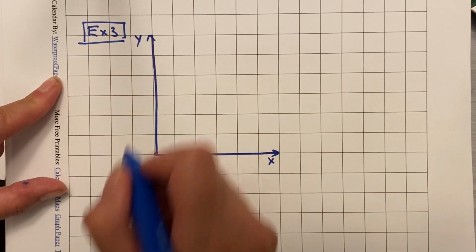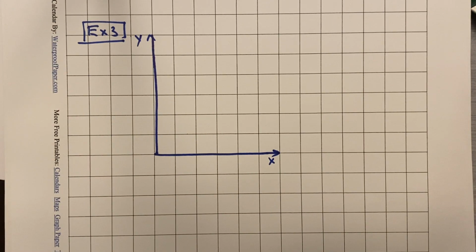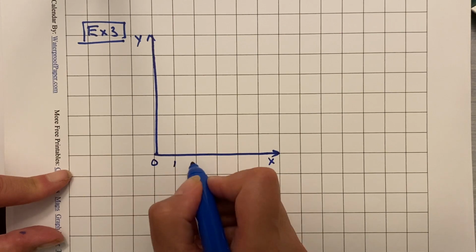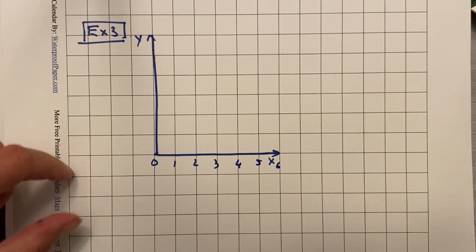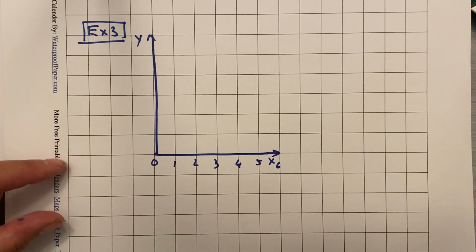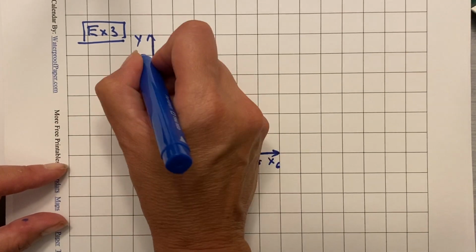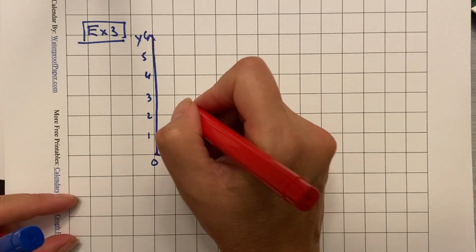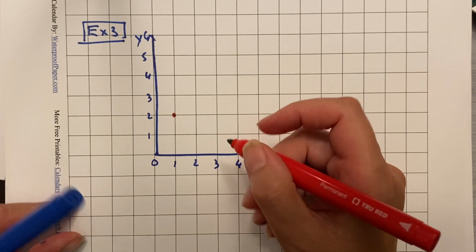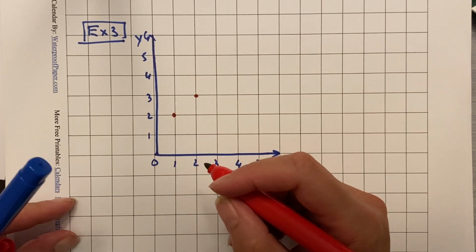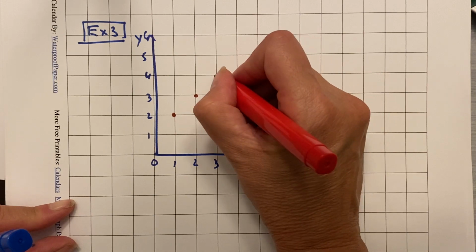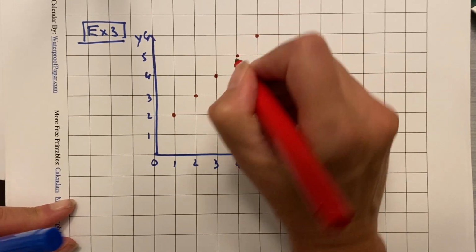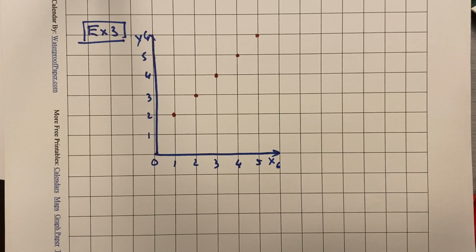So x, y, and let's see, my x values go up to 6. 0, 1, 2, 3, 4, 5, 6. And my y values also 1, 2, 3, 4, 5, 6. Okay, and again, the book told us where these dots are. I'm just copying right out of the book. I'm not doing anything else. They look like that. Okay, so now I have my graph, and my instructions are write a rule for the